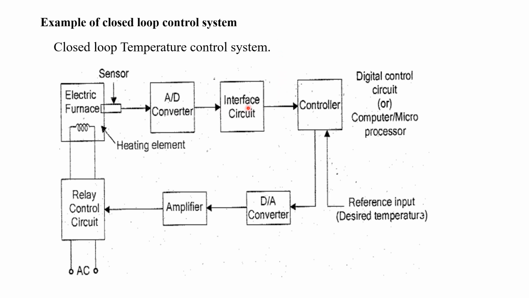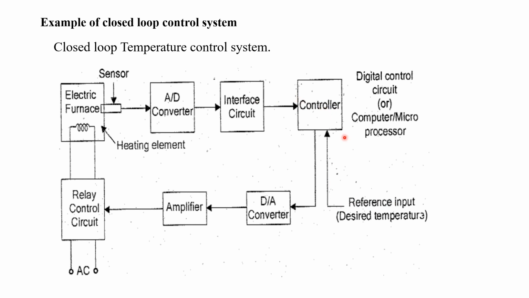Okay, but here that digital value is again given to a controller. A controller can also be a digital computer. It will process the data only in digital form, so it will be converted into digital, and then it will be given to a controller. This controller also receives a reference input signal. So this is a set point or the reference input.